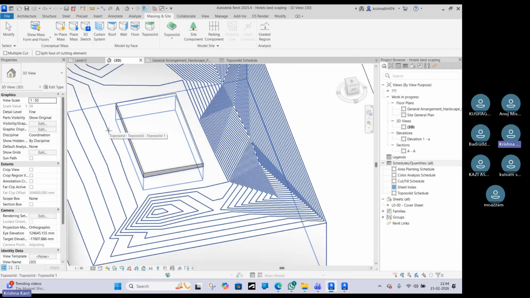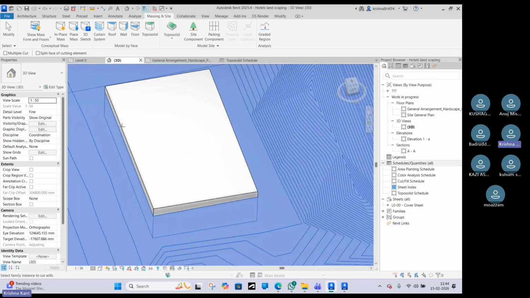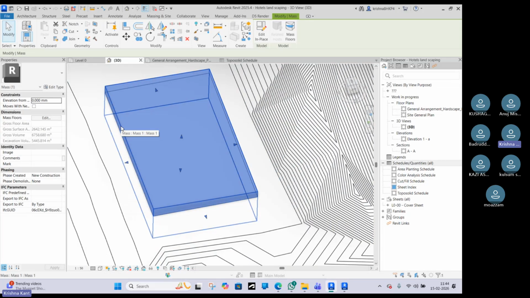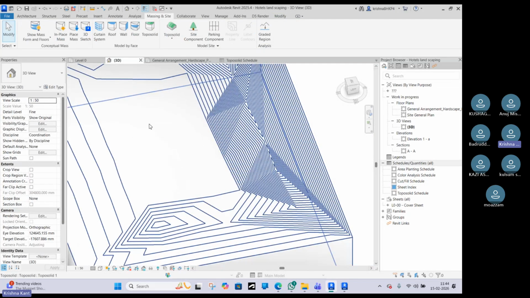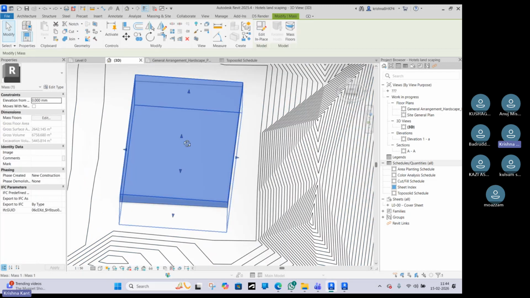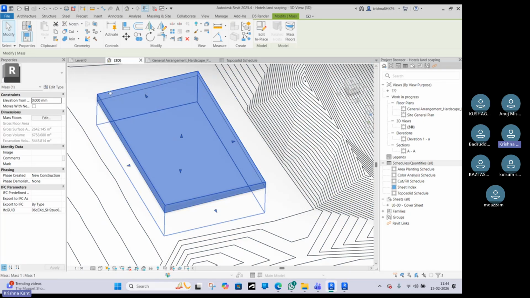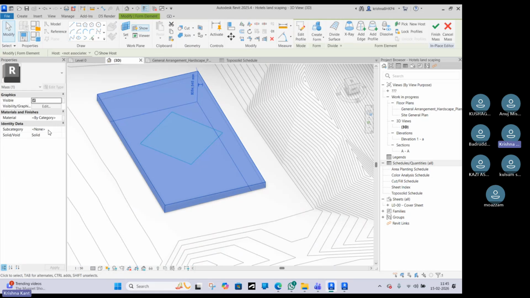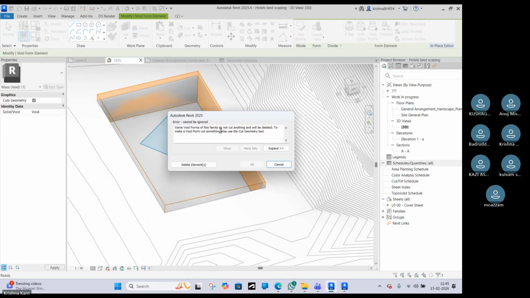Okay. First select the floor, topo solid, and then select the mass. Okay. Once you can delete also, then it will not be shown, right? But what you have to do, you have cut the geometry. Now go in edit type, change this to void, because we don't want to show the,